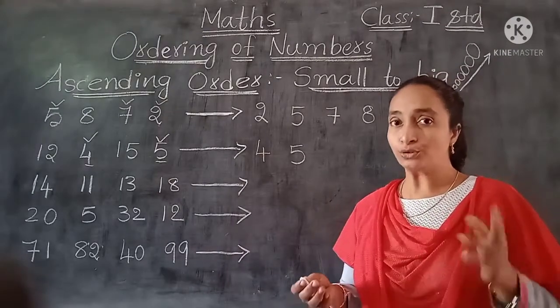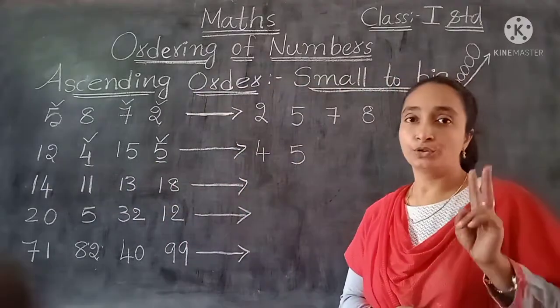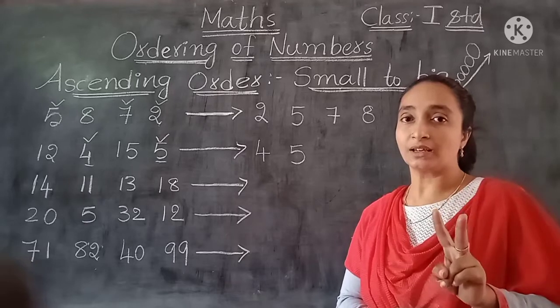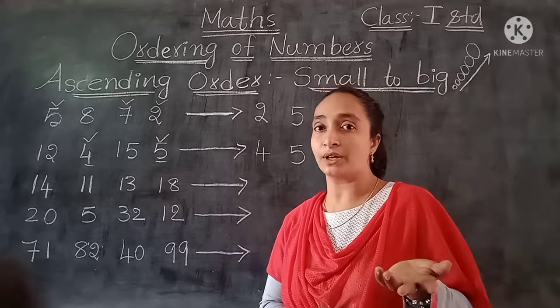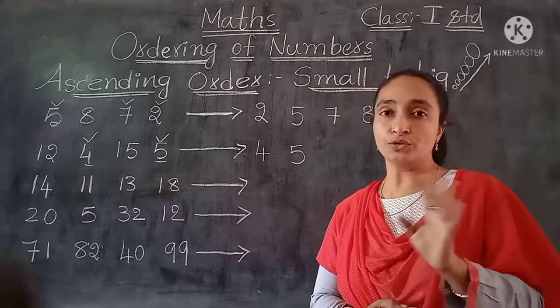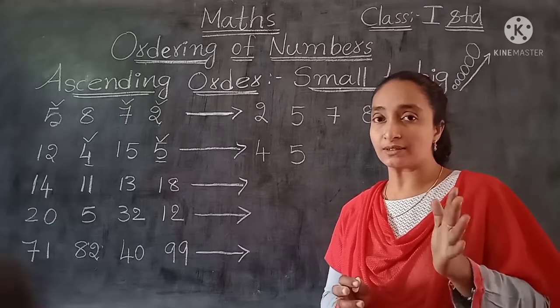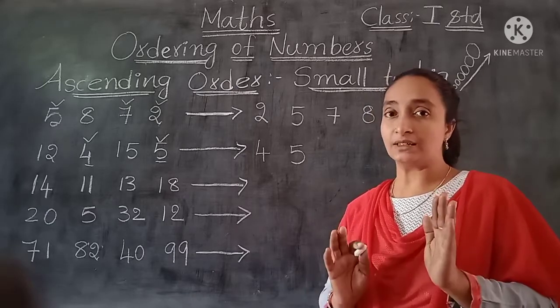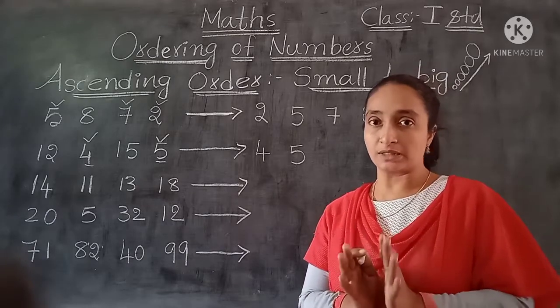Now coming to the 2 digit numbers, 12 and 15, 2 numbers are there. Now how could we identify which is the small one and which is the bigger one? So the bigger one we will leave. We don't need to go to the big number, only the small number we have to take. So how could we identify which is the small? Yes, very easily. Now these 2 are the 2 digit numbers.